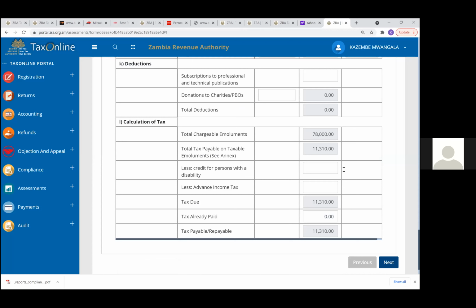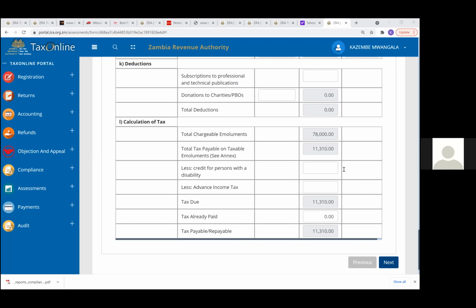And how much refund are we being given? So we are being told that this person will have a refund due to them of 1,530. So you realize that here there is no disability involved, there is no donation to charity, there is no subscription, there is no AIT. But when you do a comparison, what the system has done, the